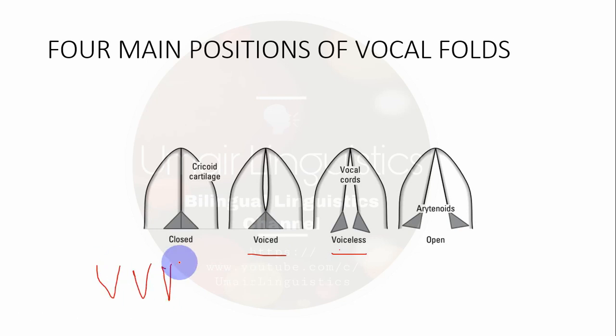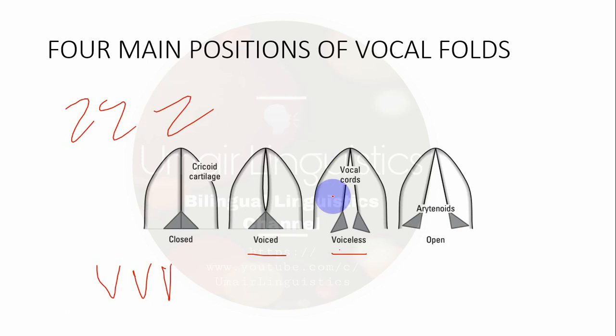If you just say v, when voiced sounds are produced, the vocal folds are close together but the air is pushing out through the vocal folds and disturbing them, so the vocal folds vibrate, and in this way sounds are produced which are known as voiced sounds, because in this type of sound the vocal folds vibrate, like v, similarly l, r, z. These are all voiced sounds.